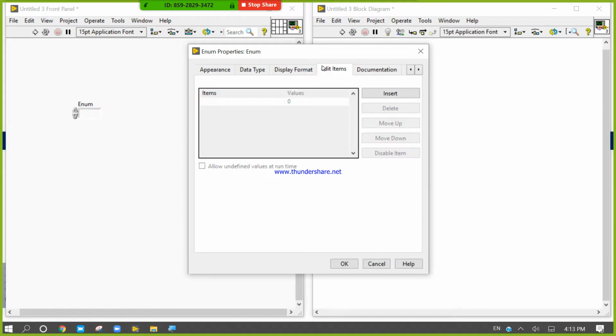In this edit item, write add, then subtract, then divide and multiply.